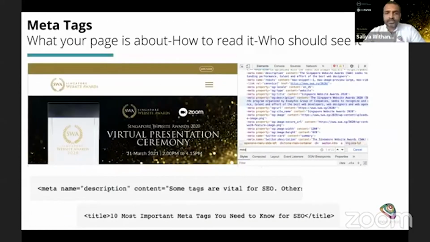The other thing is you need to figure out the meta tags on your page because that is what defines who you are. That's what Google sees. That's what people will eventually see after Google ranks you up. So, you go to a website and look at how the meta names, meta descriptions, and properties are structured. Does it have the right keywords? And nowadays you can't just stuff keywords. You need to have a proper description in proper English, or whatever language you use. So you need to figure that out and get your house in order. That's one of the key things that you need to do once you figure out your personas.